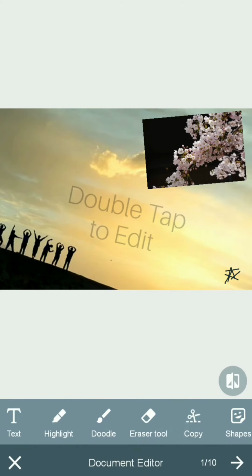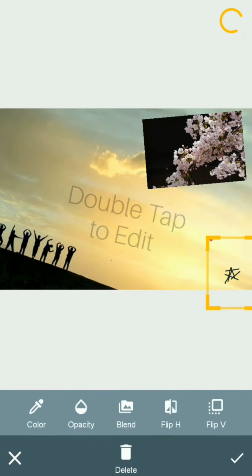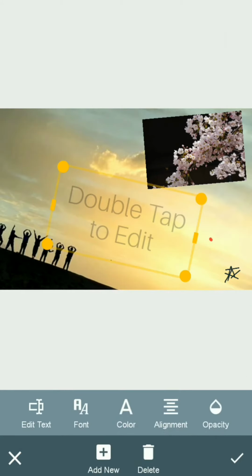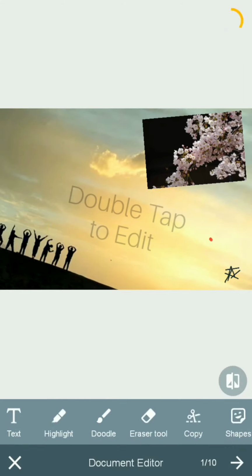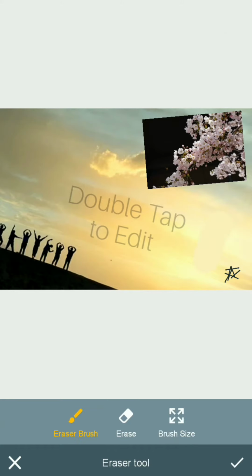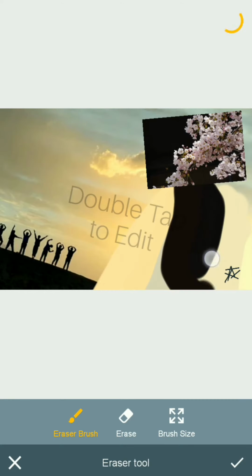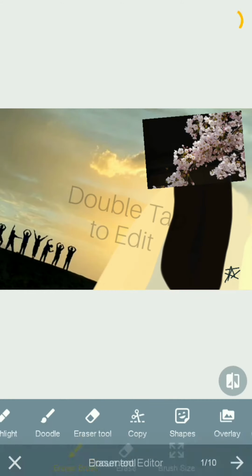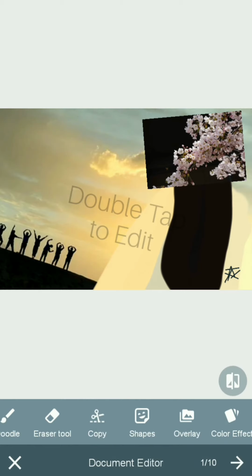there are many other options like doodle. Doodle is the same as highlighter, but in the doodle its opacity is greater than the highlighter. Then the eraser tool: you can even erase all the things here like this, like this, like this. Only the watermark will not be erased. I will erase everything. Okay, like this. Done. Then as you increase the erasing or erase many times on the same point, it will change to black color.